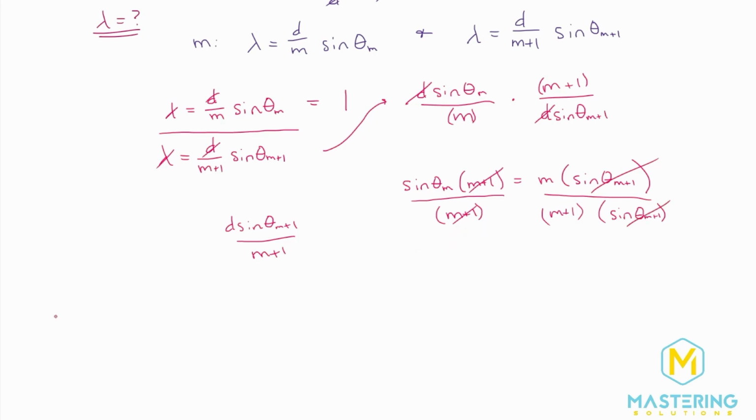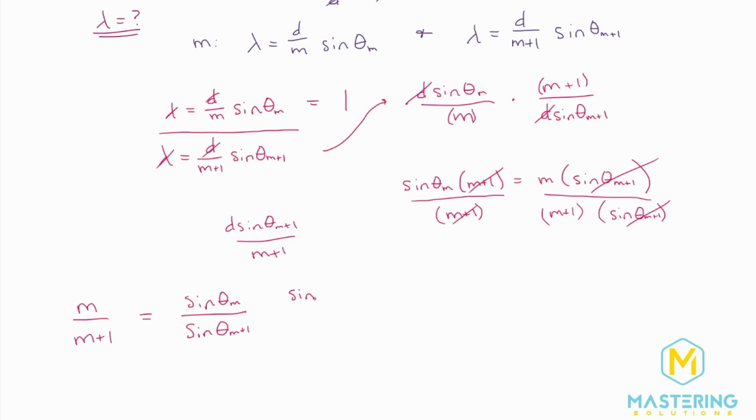So when we rewrite this, let's do it over here to give us space. We're left with m over m plus 1 is equal to sine theta sub m divided by sine theta sub m plus 1. So all of that work that we did was just to get to this point. And how we can use that is we are given these angles. So these two are equal to each other. We know what all these variables are.